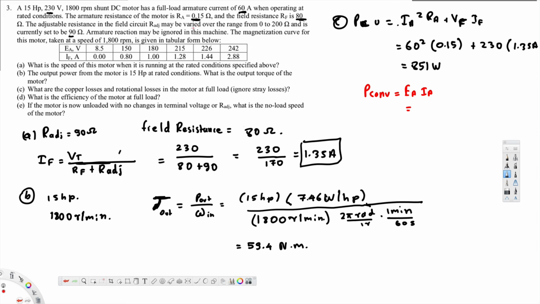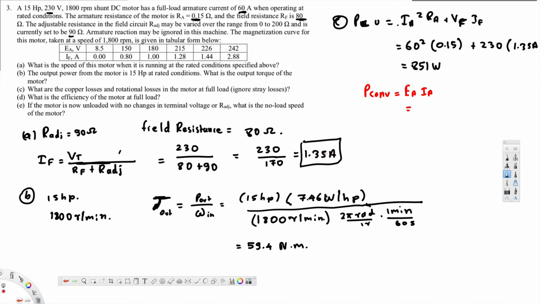At full load, 1.35 ampere is the field current. Here if you look at the table,